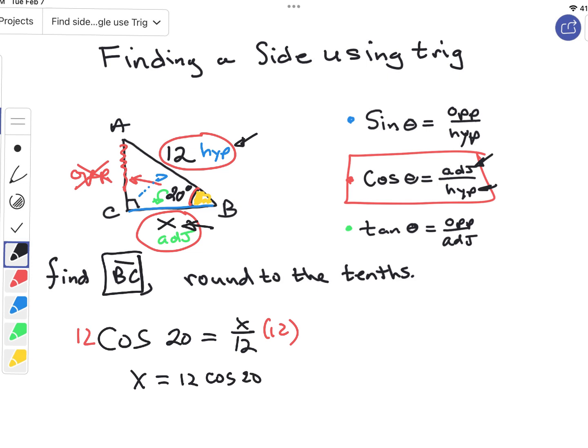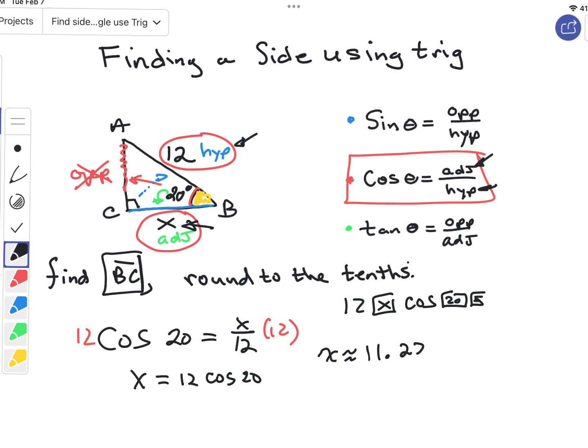Grab your calculator. Make sure it's in degrees. Type in 12, hit your times key. Type in your cosine key. Hit 20. And then hit equals. What do you get? So you should get approximately 11.27. Right? And it's always smart to use the approximate symbol instead of the equal symbol to say that we're rounding,